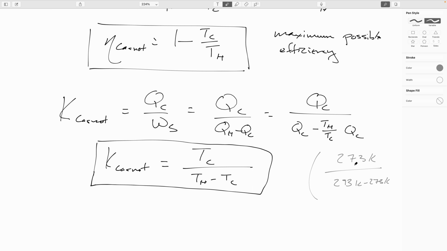So you're taking 273 and dividing that by 20. So in principle, at max, you can move about 18 times more heat than the work that you input to actually move it. In practice, you're not going to get anywhere near as good as that, but we're already at a point where